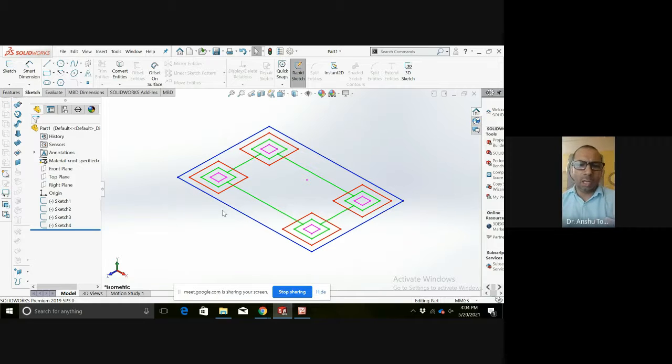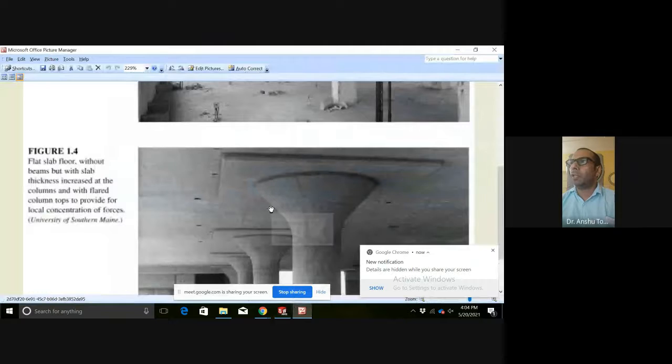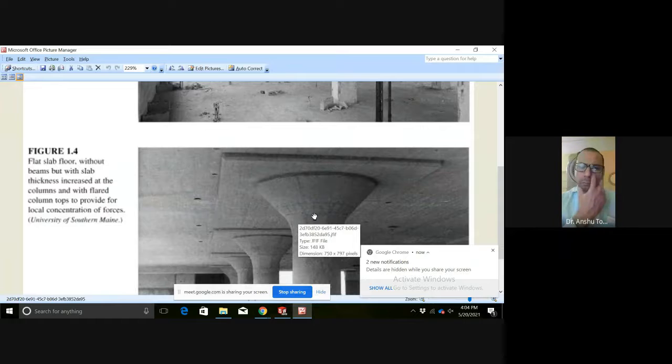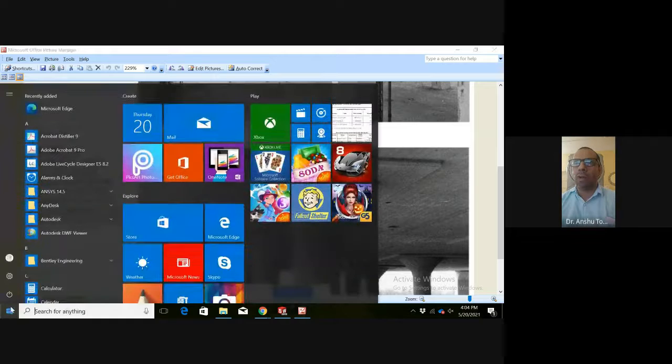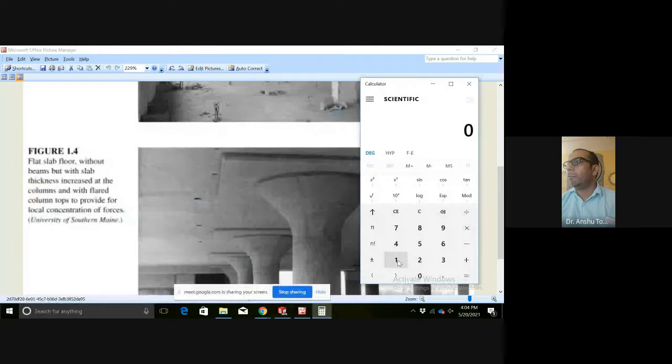So let us keep the column height. If we go by this picture and decide that this is 300 mm, 300 plus, let us keep it 100, 400, plus slab thickness 120. So calculating all these, we have got slab 120 plus 90 mm drop panel plus 250 as the haunch for column capital, which is equal to 460.